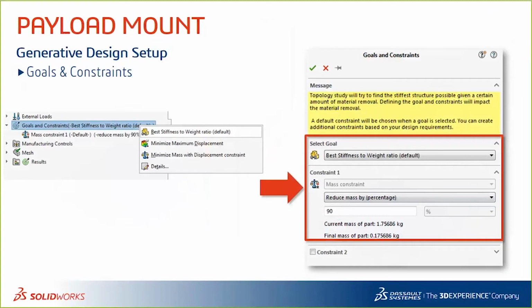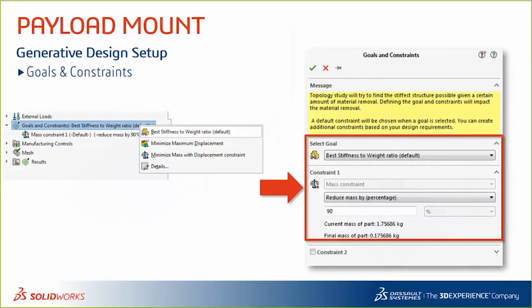This initial goal will allow you to remove the maximum material while still keeping the best stiffness within that component and keeping it within an acceptable factor of safety that you can set as well. So setting this goal and constraint with best stiffness to weight ratio